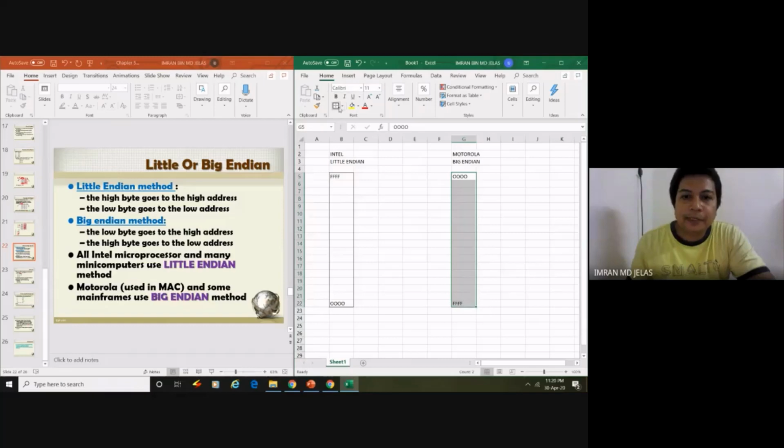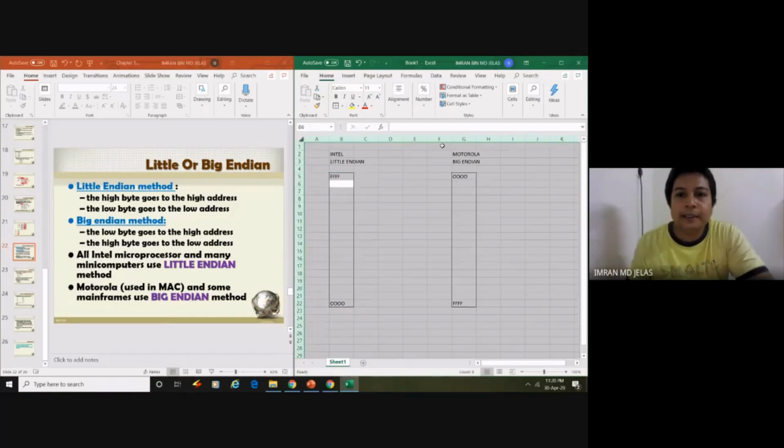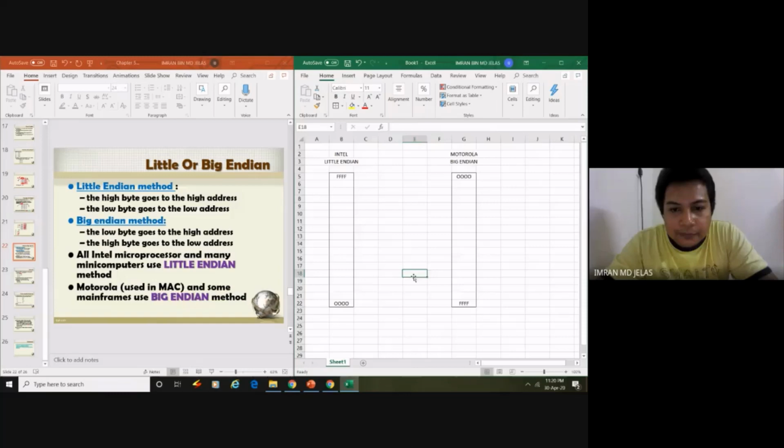So that's the first one. That's how the addressing will go. So that's the first thing you need to understand. Since Motorola uses big endian and Intel uses little endian,